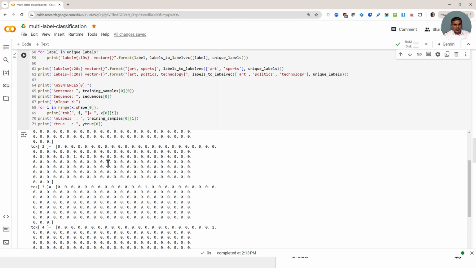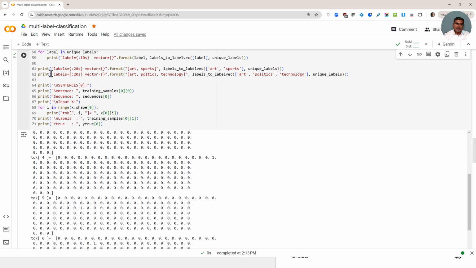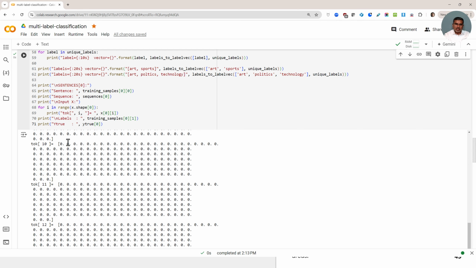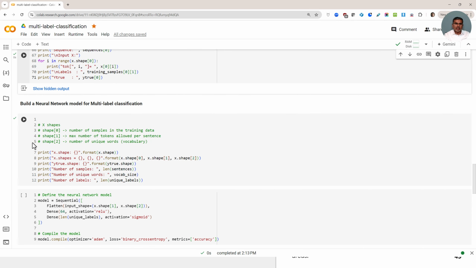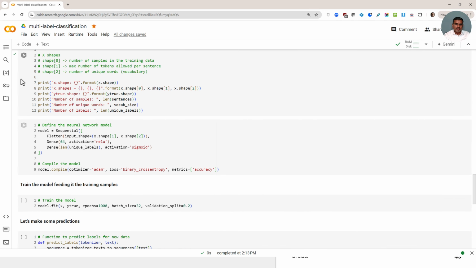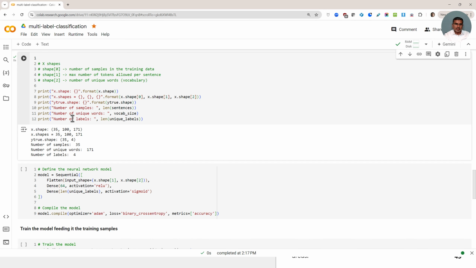So just go with the flow that there is a technique in which you can take input strings and convert them into numbers and use that to train our neural networks. So I do that for all the sentences, and now let's go and build our neural network. By the way, if we just look at a summary of what we have processed so far,